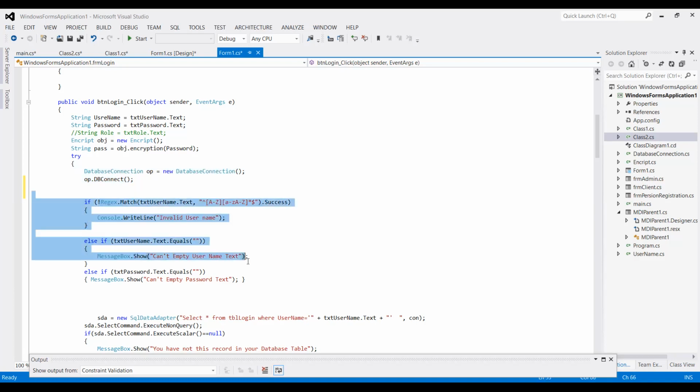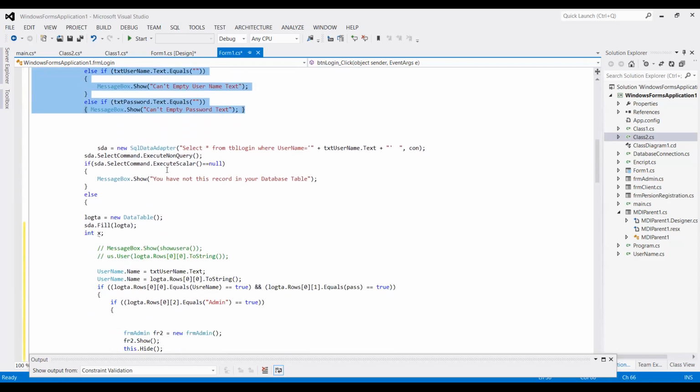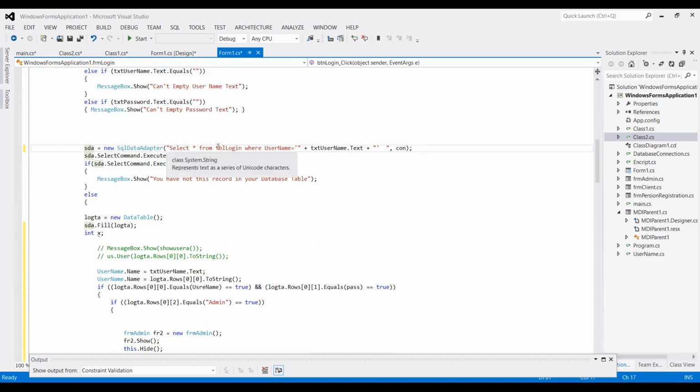After that, this is the validation part, right? Validation test, nothing important normally. After this is a SQL query: select from where, with the login table name. After that, filter the information according to the username. First check whether it is null or not. If not null, then after that